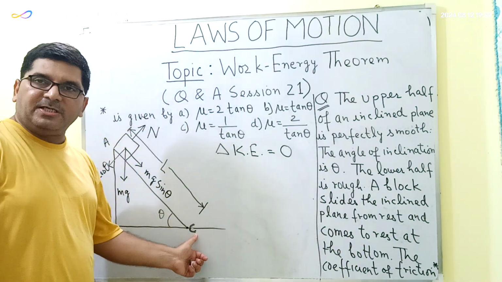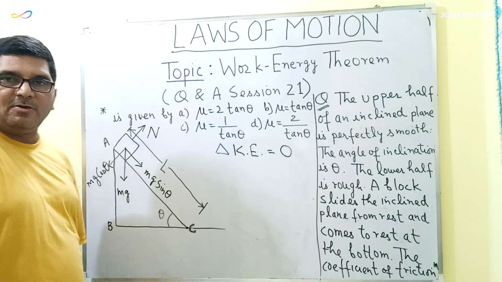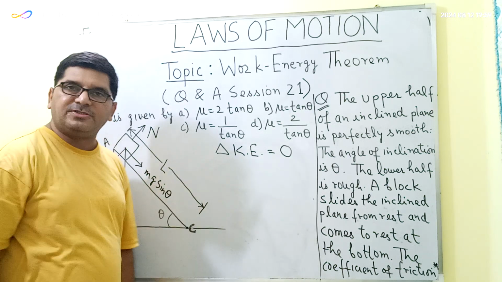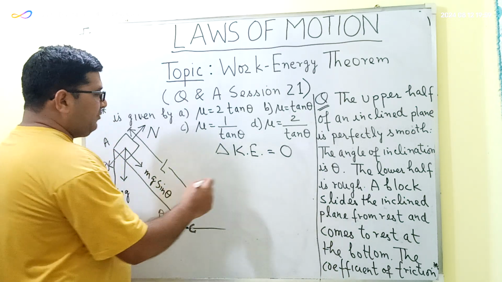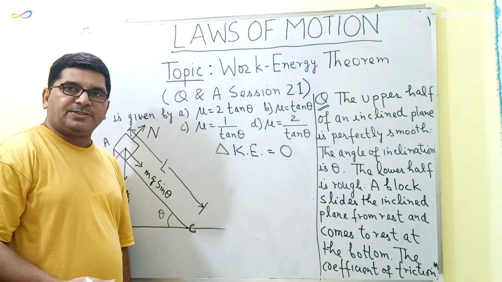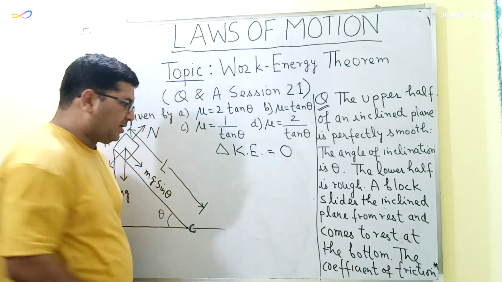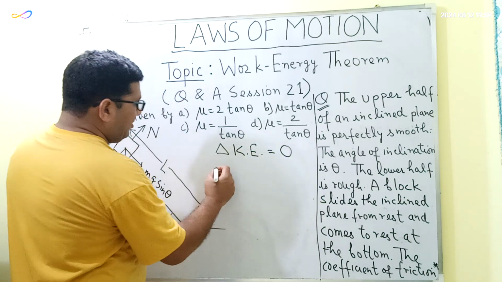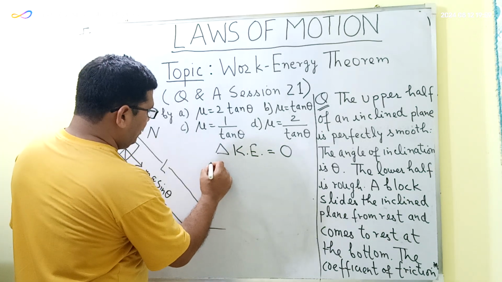So at this point also it is at rest, at the topmost point also it is at rest, so the change in the kinetic energy is 0. Now we have to calculate the total work done by all the forces acting on this block. So the total work done will be equal to